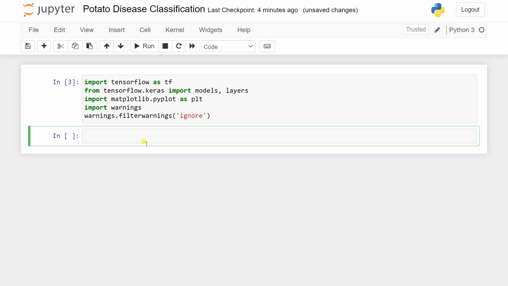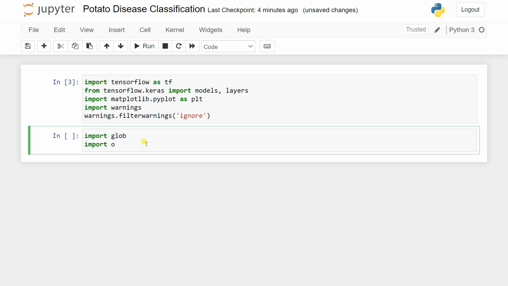So what I can do, we can use glob here. Let's import glob. We can also use the OS. You can use glob as well as the OS. You can do that. But for this case, I'm going to use TensorFlow for loading the dataset